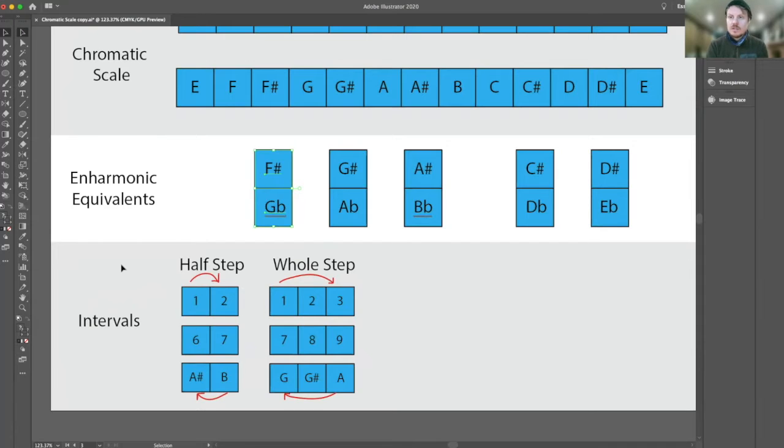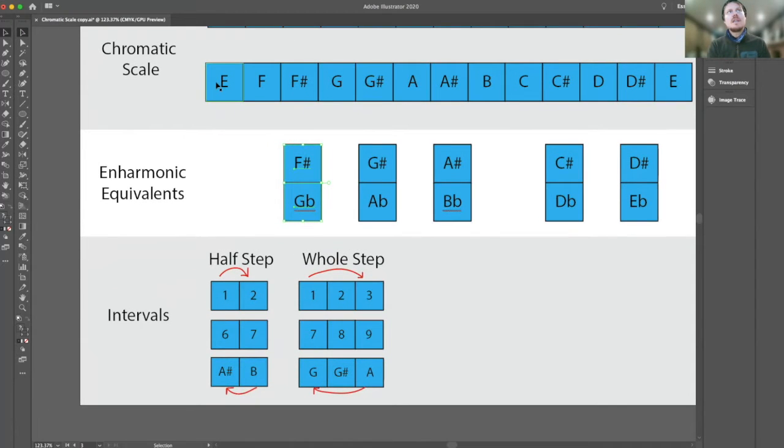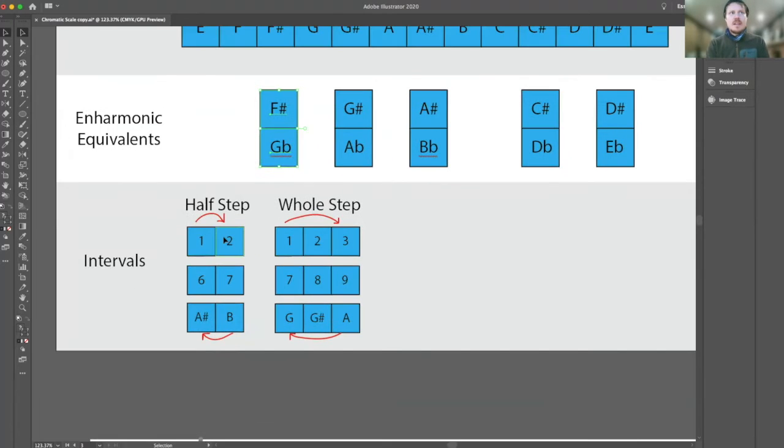I don't know why they decided to do that, but it's called the half step. So a half step is the distance between two blocks. If you're going from one block, the block that you're considering to be the starting place for the measurement of the interval, you choose that block, and then the distance to the next block adjacent to it, either up or down. It doesn't matter if you're talking from E to F or F to E, the interval is still